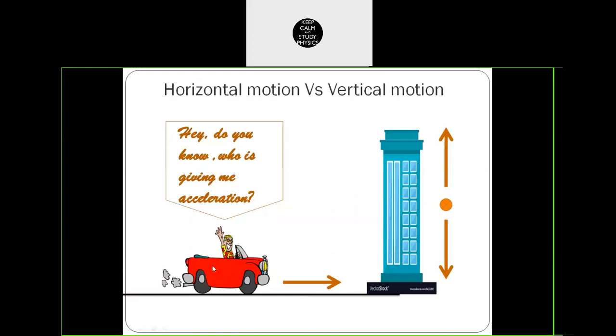Suppose you just simply imagine you are riding on a bike or car. You can increase your acceleration or you can decrease your acceleration. It depends on the engine's capacity. Yes or no? Okay. Suppose you are riding on a bike. You want more speed. What do you do?